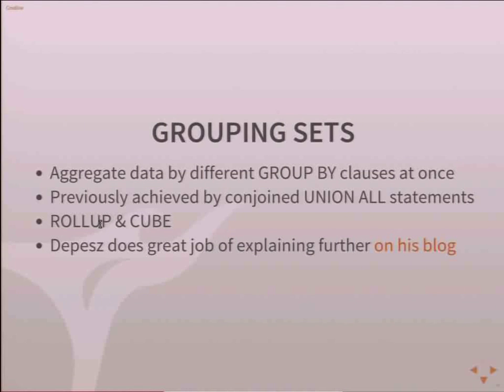There are these other things, rollup and cube. One of the examples I saw with cube is, say you do a grouping by column 1, column 2, column 3, and a sum on something. If you wanted a sum on every possible combination of all of those group by columns, you could use something like cube, and it would go through and do every possible combination of all those things you're grouping by, and you'd have all those different sums in a single query.